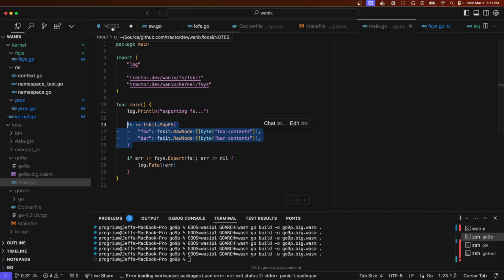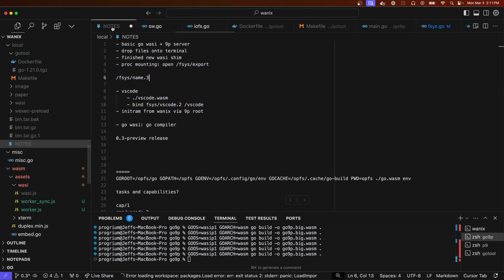So you can run Go WASI binaries, we can drop files onto the terminal. I had to finish out the WASI shim bridge into the Wanix file system. Good to get that out of the way. And then that opens up being able to do this exporting or mounting or something.